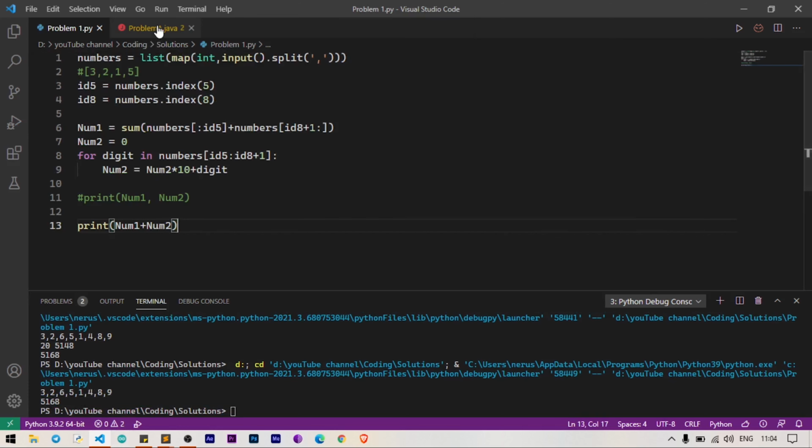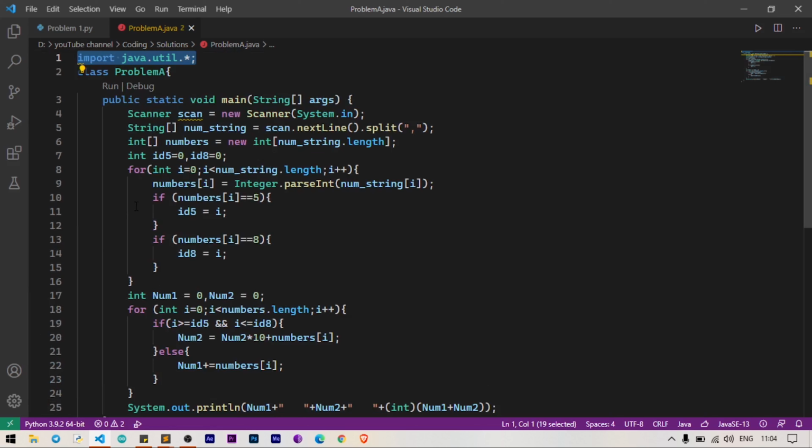Let's go for Java. We have certain limitations in Java while using the array concept, so we are required to change some logic. Let's see, here we are taking a scanner object as scan, and we are reading the input with scan.nextLine, and again we are splitting that using the split function. We don't have any functions like map in Java, so that we can convert each element into an integer, but we need to go for a procedural way.